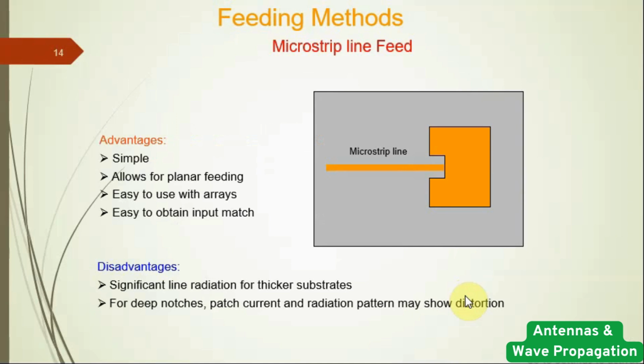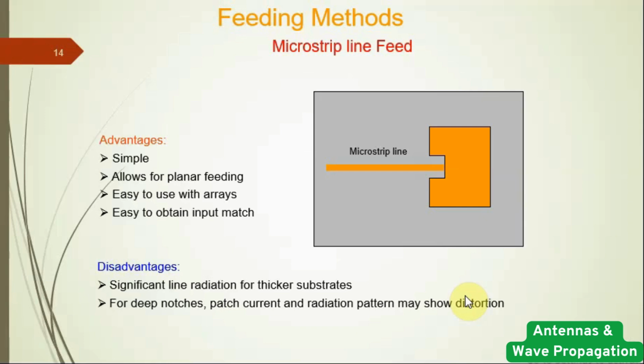In this technique, a conducting strip is connected directly to the edge of the microstrip patch. The conducting strip is much smaller in width compared to the width of the patch. There are many versions of microstrip line feeds like center fed, offset fed, inset fed, and quarter-wave line fed. The main advantage is that it is easy to use with array feeding techniques, array structures. And it is